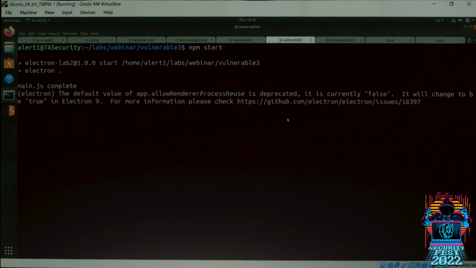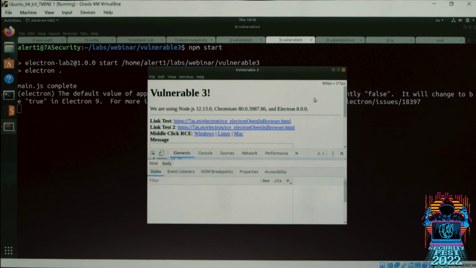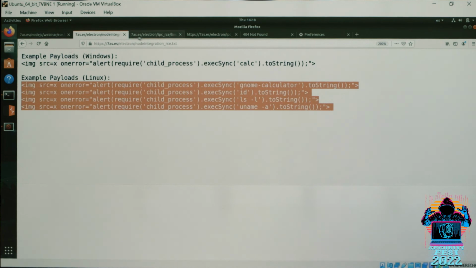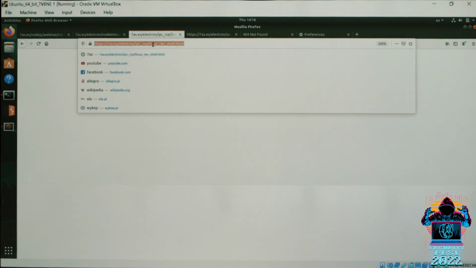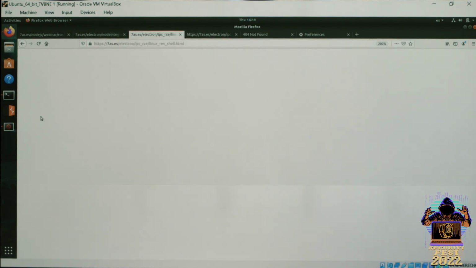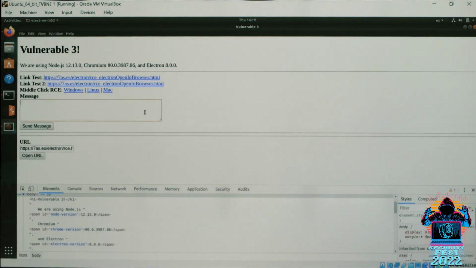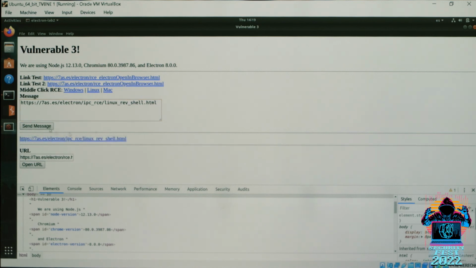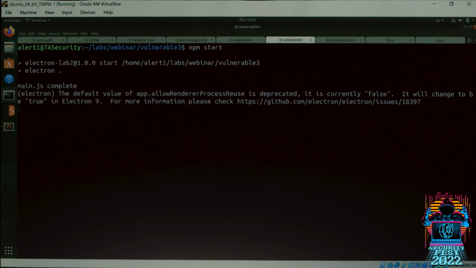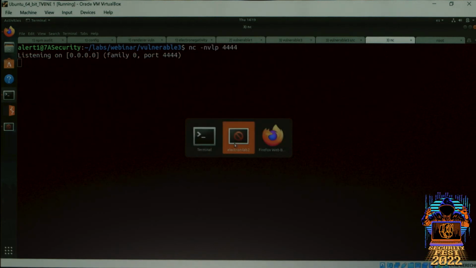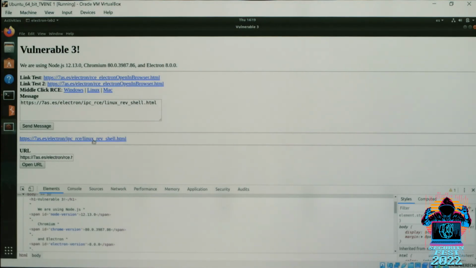So I'm just running the vulnerable 3 application. Let's make it a bit bigger. And now I'm just going to send this Linux reverse shell. You would basically send this to the victim user, right? In this case, so that we don't need infrastructure, it appears here. And now before I click on this, I need to make sure I'm running netcat, right? So I'm just running netcat here. So now if I click on this,